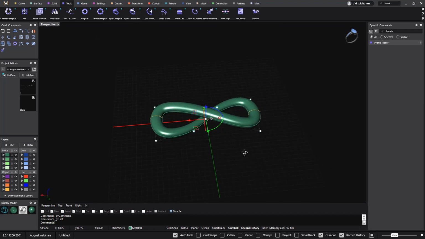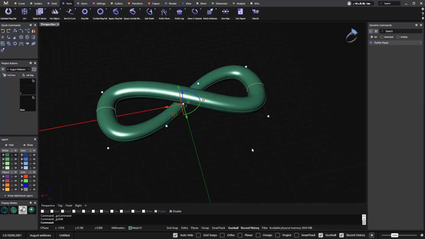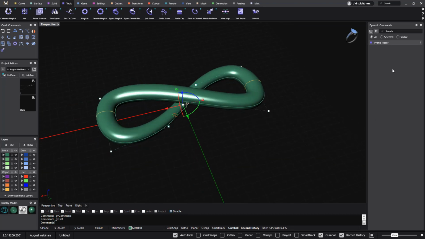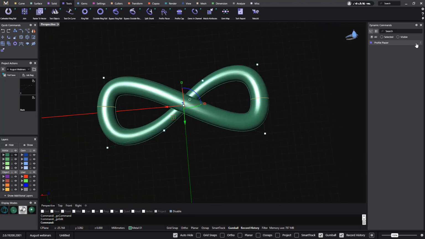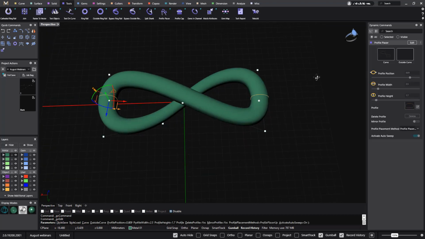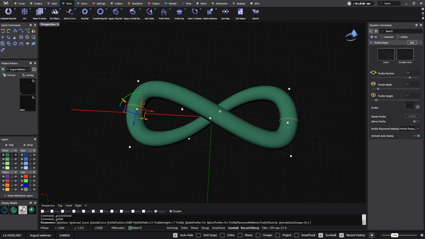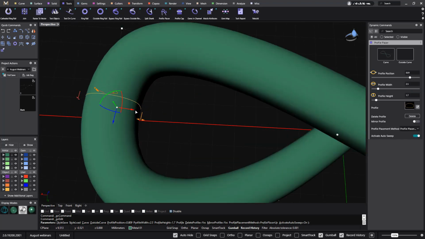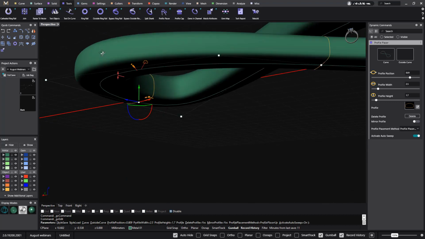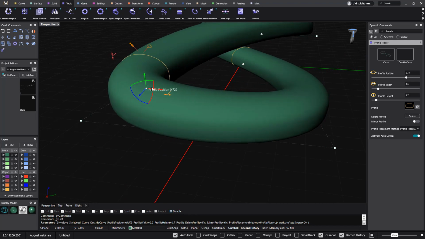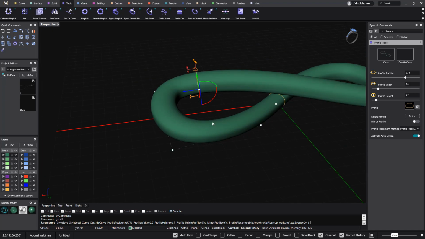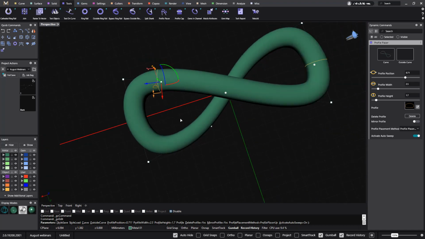So you have many possibilities with MatrixGold, because it's parametric and you have all the stack from the tools that you're using in your right panel. Now, if you want to keep modifying this shape, you still can go to the tool that we have been placing all the profiles and you can start to play. Okay, so now again I go with the profile placer. I just select the point and moving this, I'm just changing the shape. Alright, so you can see in real time